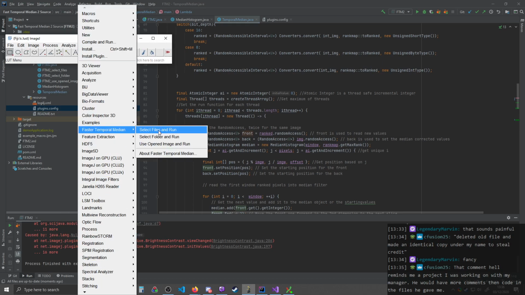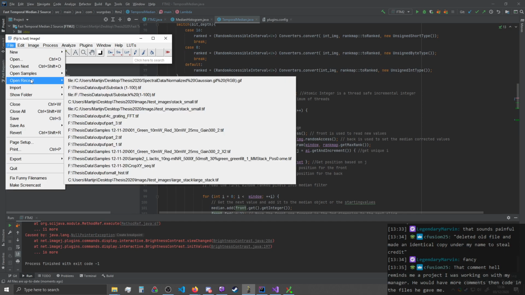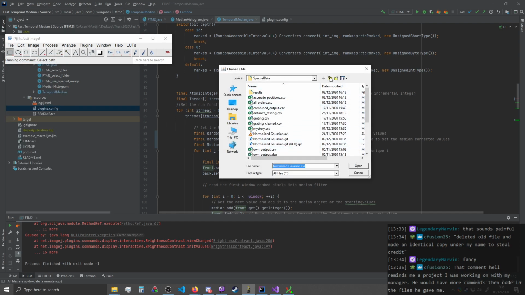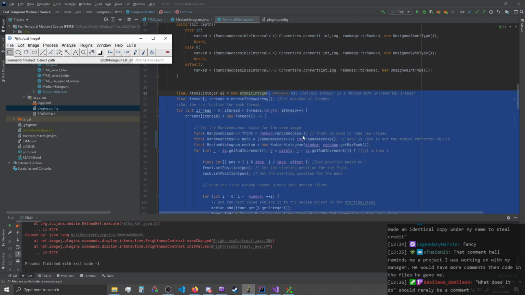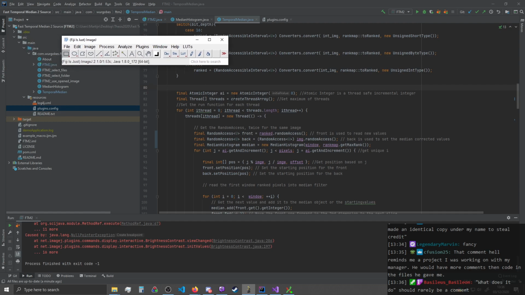Let's see. Fast sample median. We first need to open the correct file. Do I have it nearby? No, I don't. Just open the correct file. Should be here. Test images. Large stack. There we go. So this is a super resolution microscopy image, which